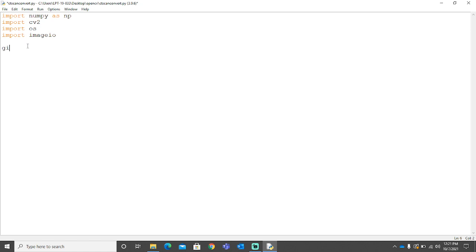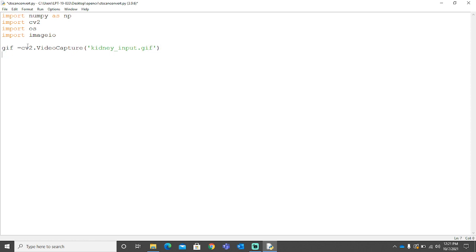So let's start. I'll be creating a variable named gif and we'll begin with cv2.VideoCapture, and that's it. Kidney input.gif. That's my input image.